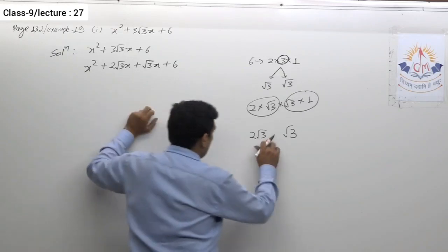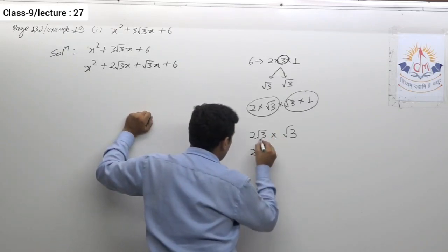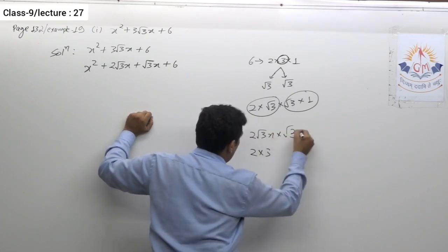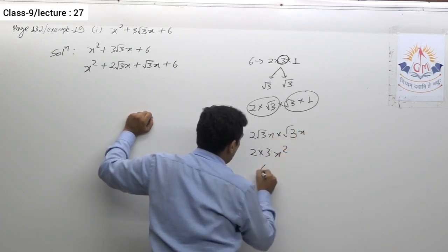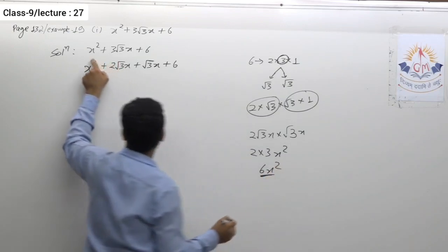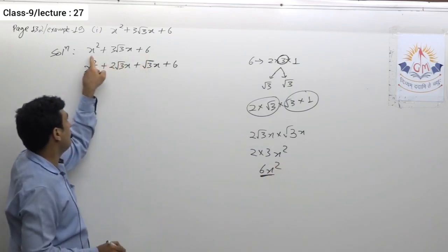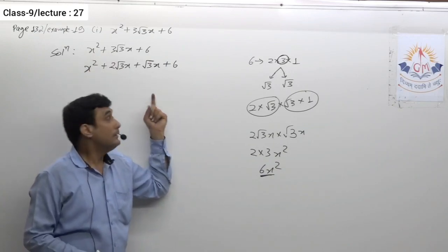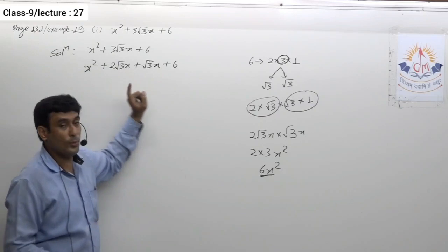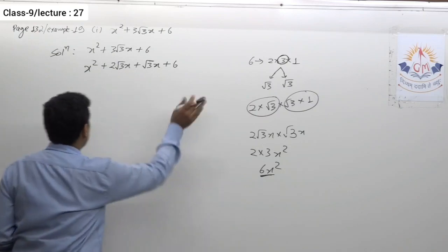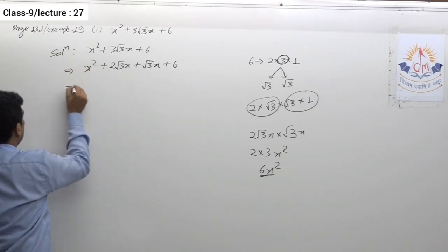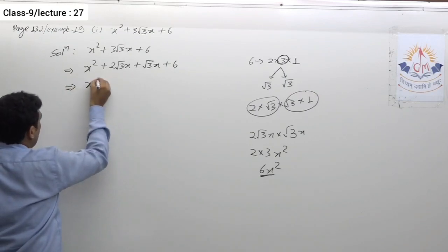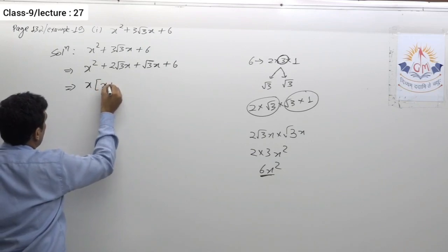Now the product. If I multiply these two, 2 as it is, root 3 multiplied by root 3 is 3. Okay, there is x and x, that is x square. So I will get 6x square, which is the product of first and last, isn't it? 6 into 1 into x square is 6x square. That means the product of these two middle terms is equal to the product of the first and last term. It means we are on the right track. Now take common. Definitely we can take only x common from the first two. So I will get x plus 2 root 3.